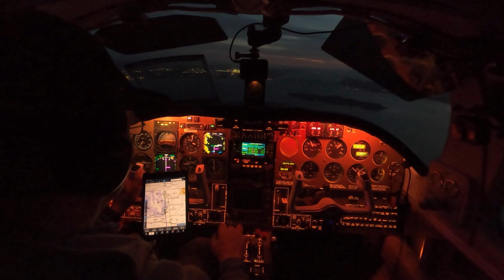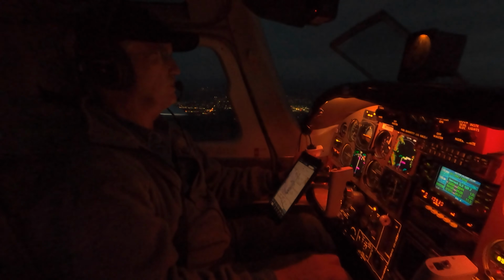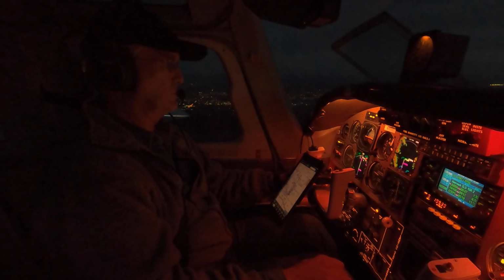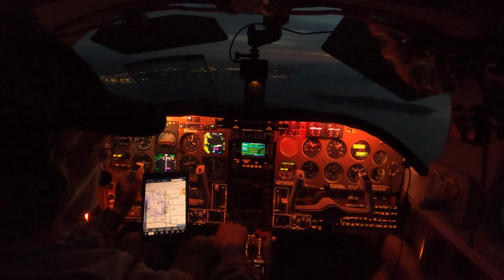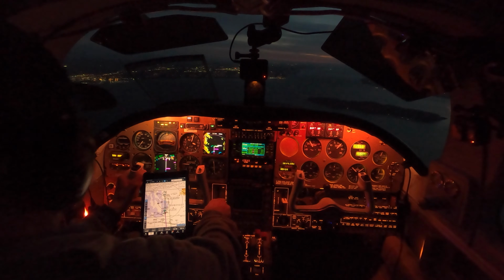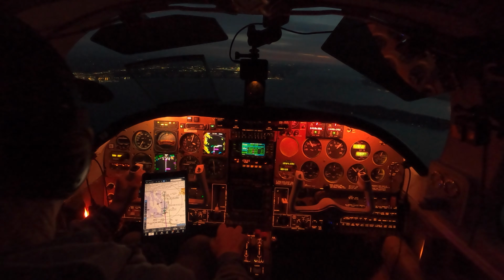Once established inbound, still level, autopilot's coupled, I'm in altitude hold. I have set the autopilot to approach, and power still hasn't changed. I'm still running at 25 inches and 2200 RPM, and I'll stay there until about a dot below the glide slope, and at that point in time I'll drop the gear. I'm still doing about 150 at this point. Gear,